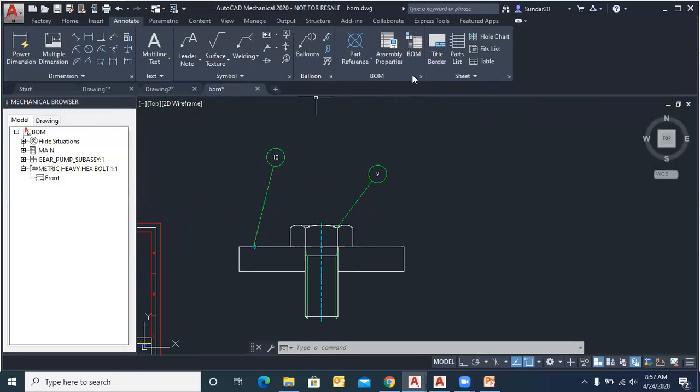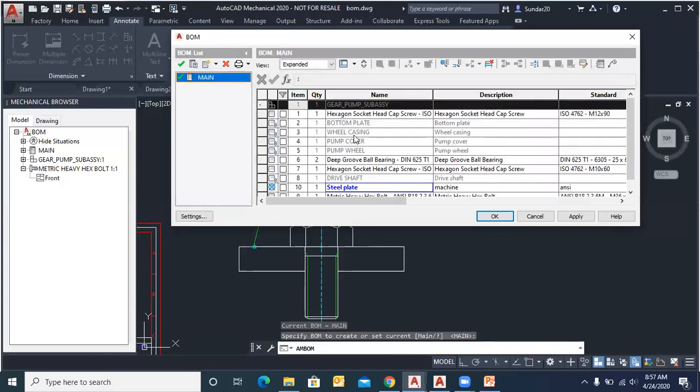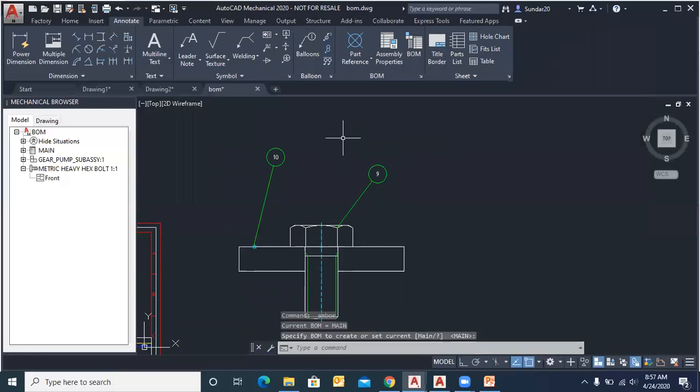Okay, so for the BOM setup, you can go to this bill of materials here, and you can see all the information. Okay, so if you want to export that to an Excel sheet or to an XML format, we can also generate that. And in any case, if you want to customize your BOM, you can go to this options,